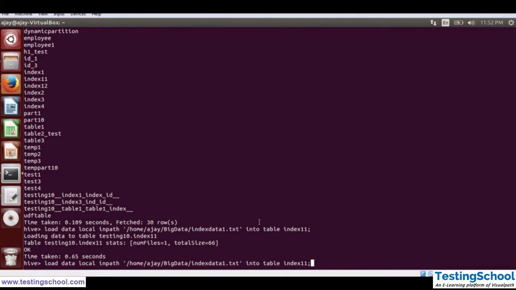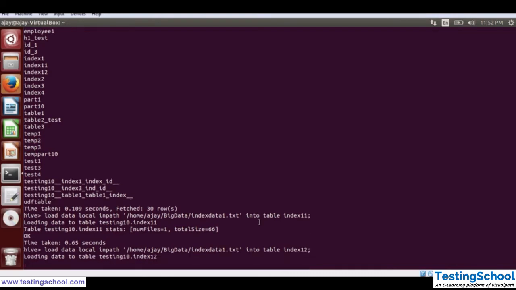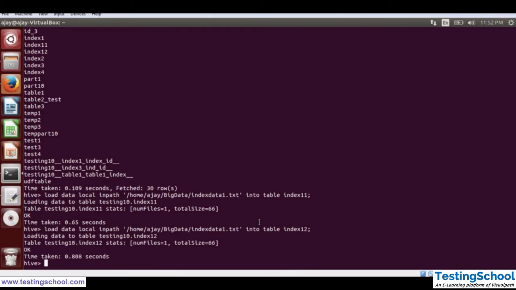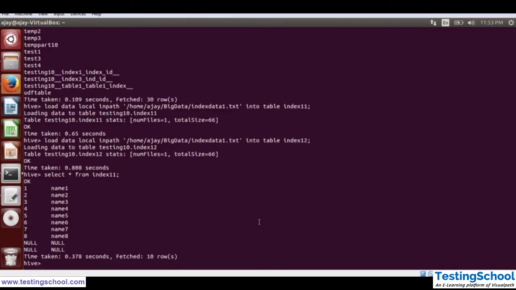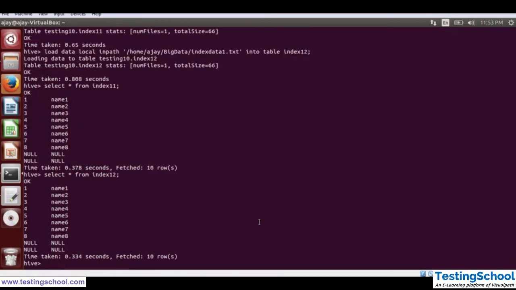So let's begin with uploading our data into table index12 as well. Now I have loaded the same data in both my tables. You can verify our data using select star from index11 and in a similar way index12.